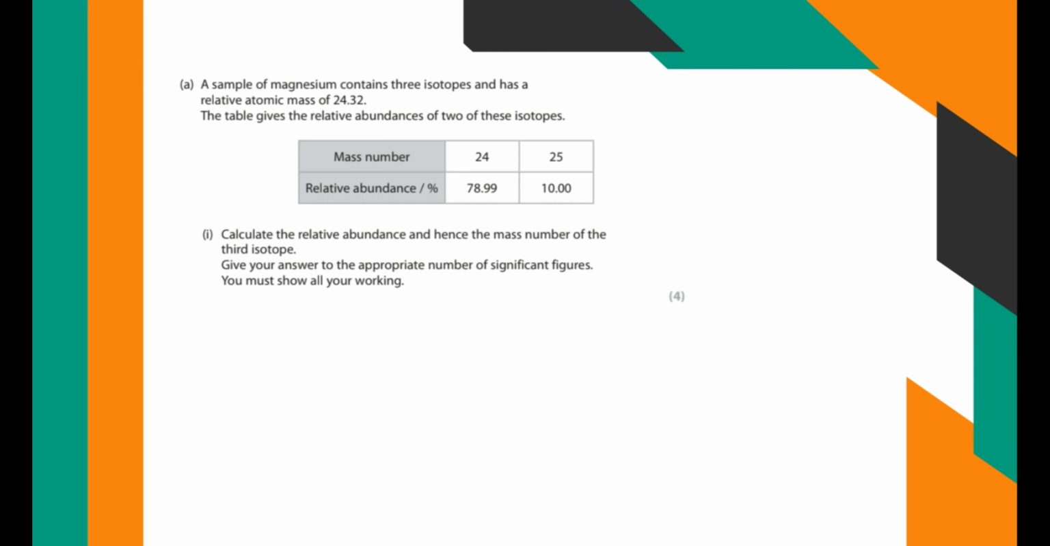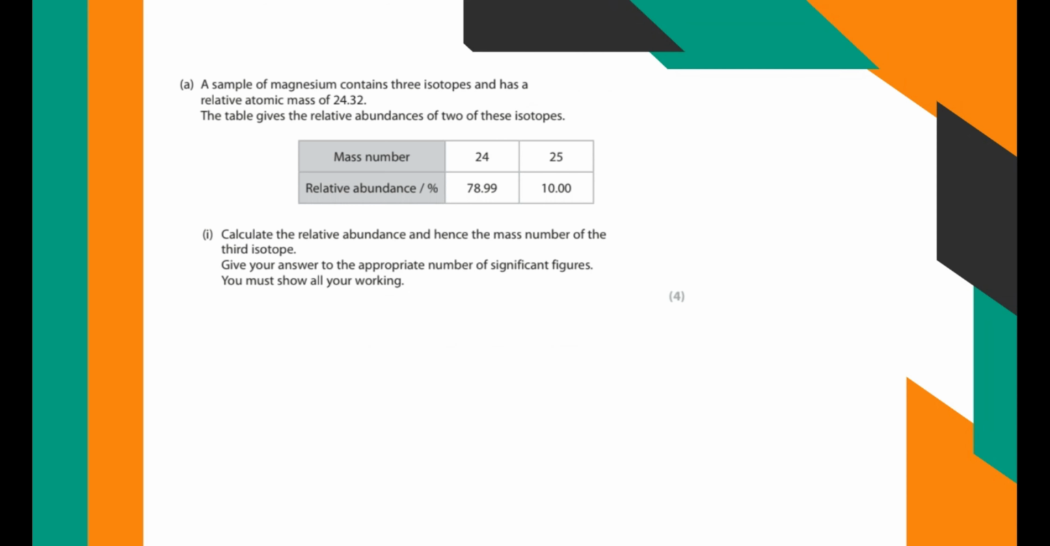A sample of magnesium contains 3 isotopes and has a relative atomic mass of 24.32. The table gives abundances of 2 of these isotopes. Calculate the relative abundance, hence the mass number of the third isotope. Give your answer to an appropriate number of significant figures. So we have 24, 25 and a third unknown mass number. Let's call it X. And the unknown abundance A. The sum of all abundances is 100. Therefore 78.99 plus 10, which is 88.99, then 100 minus 88.99 would give us the percentage abundance, which is